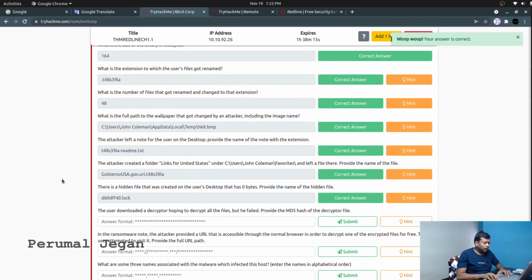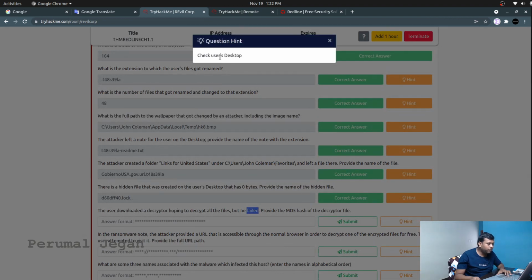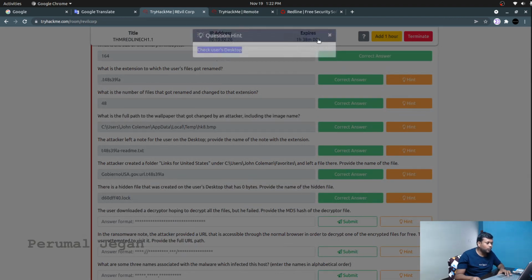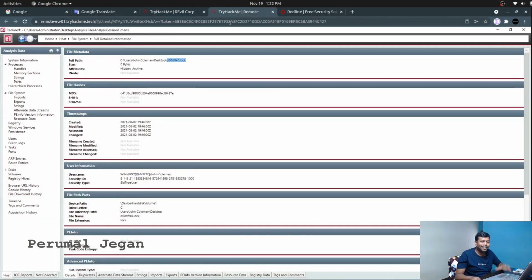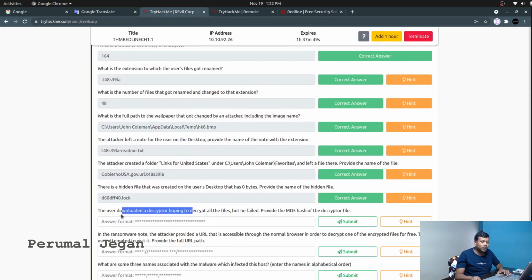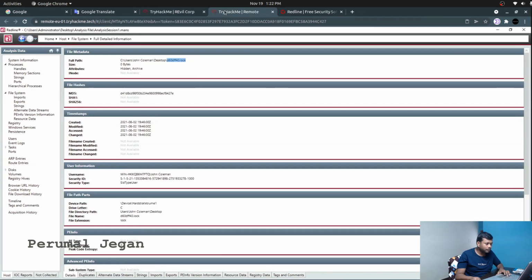Yes. And the user downloaded a decryptor hoping to decrypt all the files, but he failed. Provide the MD5 hash of that file. So this time we need to look for another file. Check the user's desktop. In the desktop itself we will be able to find that file. Actually, the user downloaded a certain decryptor.